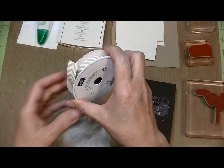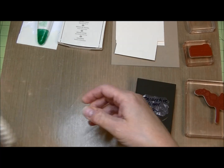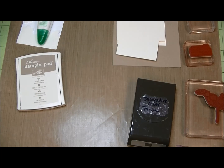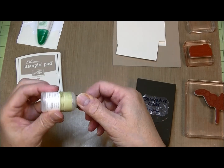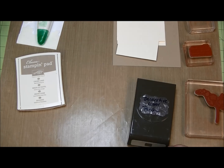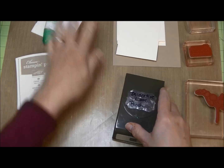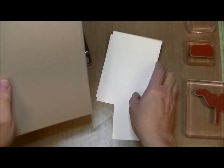You're going to need some of this fabulous Natural Chevron ribbon. Looks like this. You need Crumb Cake stamp pad. You're going to need these Dazzling Details, and this is the clear one. Looks like she used the clear one on that. I have my glue, Stampin' Dimensionals, I have my Decorative Label Punch, and I've cut out 4 pieces of Crumb Cake cardstock